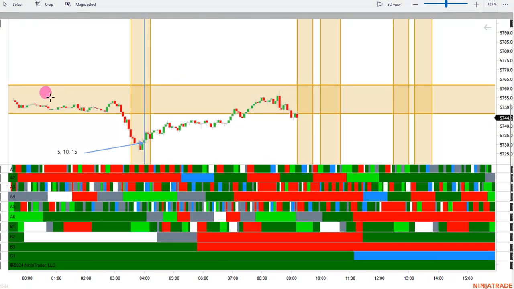So here's today's overnight action. You can see we had a narrow range overnight. I've got that range marked out. We broke down very early. So we had this 4 a.m. setup for the